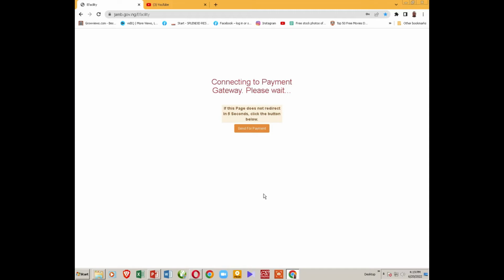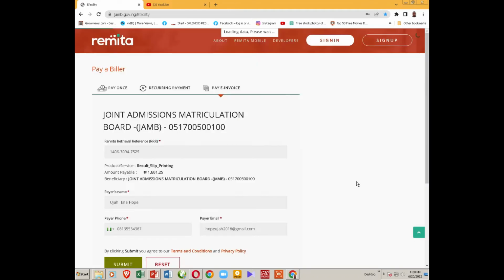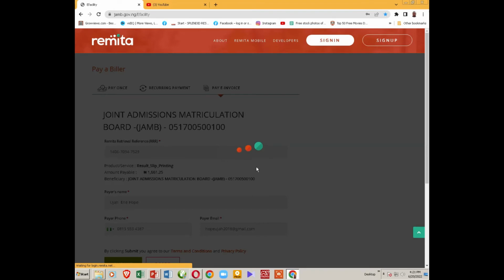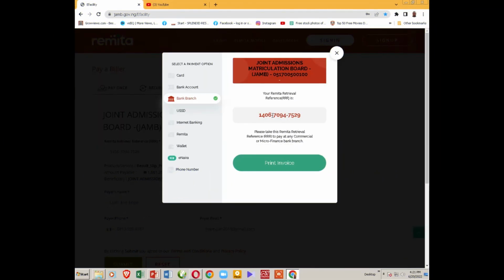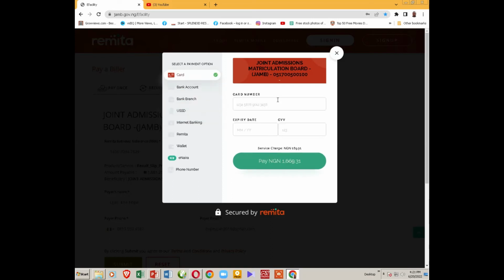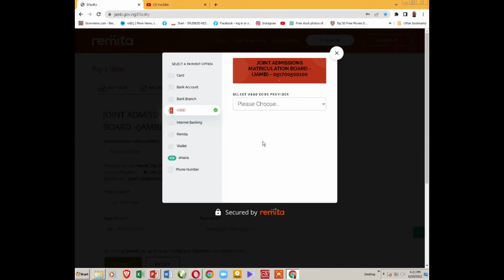So it will load and it will take you to remitter, where you will pick your payment method. This is where you scroll down and click submit. So this is the remitter number. You can print this out and take it to the bank to make your payments, or you can use your card here or use your USSD. So